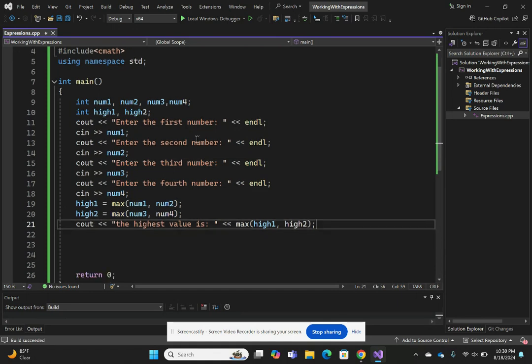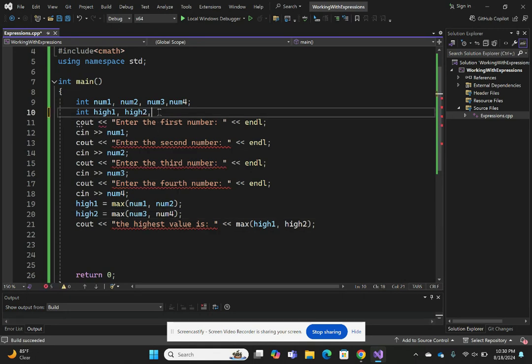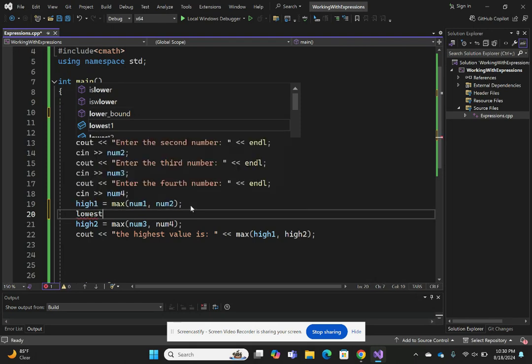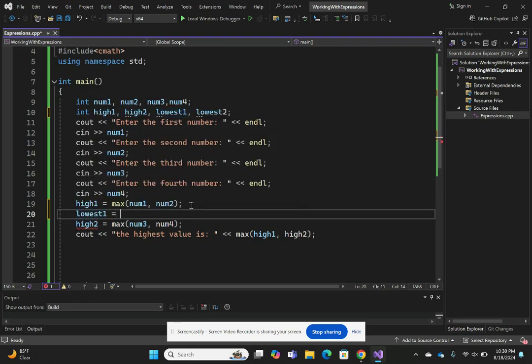Okay, so that's one of the functions we're going to be using, which is max. And then we can do the same thing for min. Let's say I want the minimum, so we're going to do the same thing. Let's have a variable called lowest1 and lowest2. So I can do the same thing. I can just compare, lowest1 equals min. So min will get you the lowest of the 2,